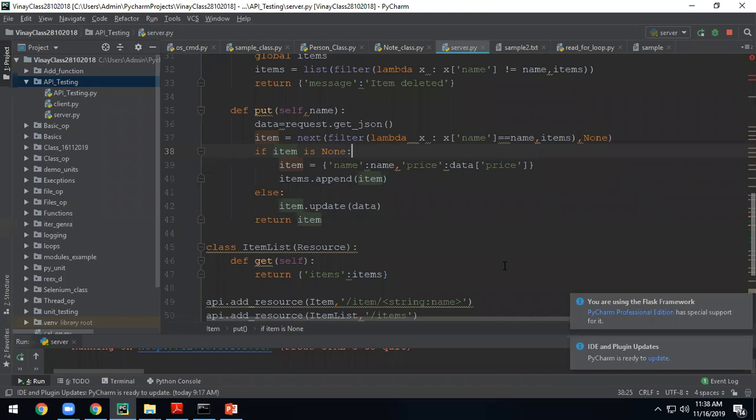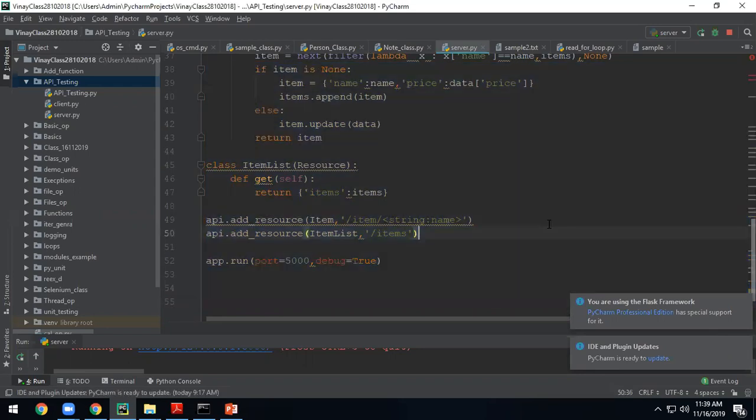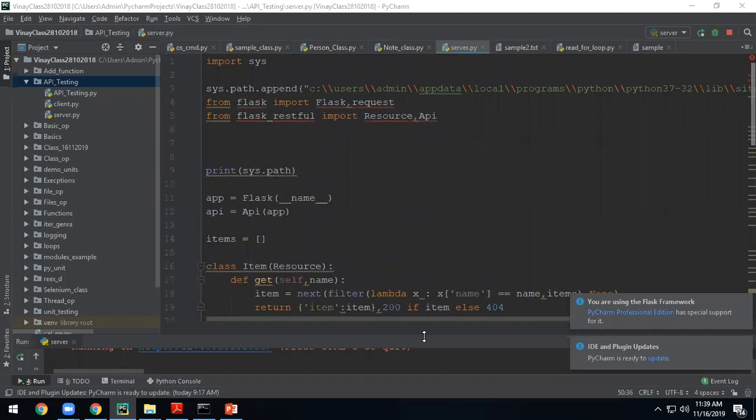Till X. Okay, from here I have to copy. Okay, this is the server web service actually. I have something defined.